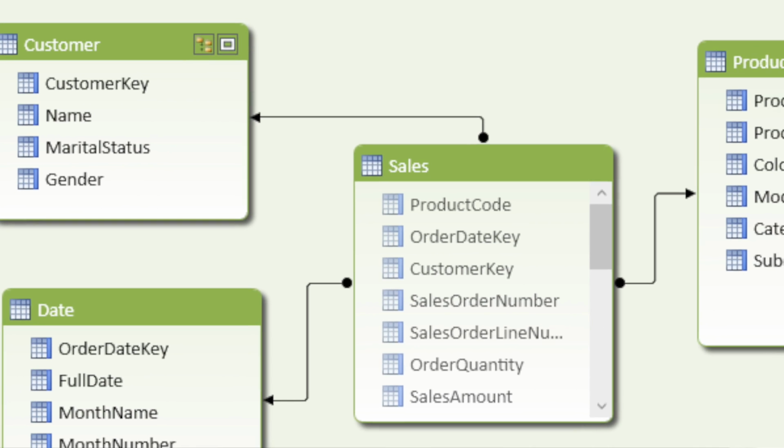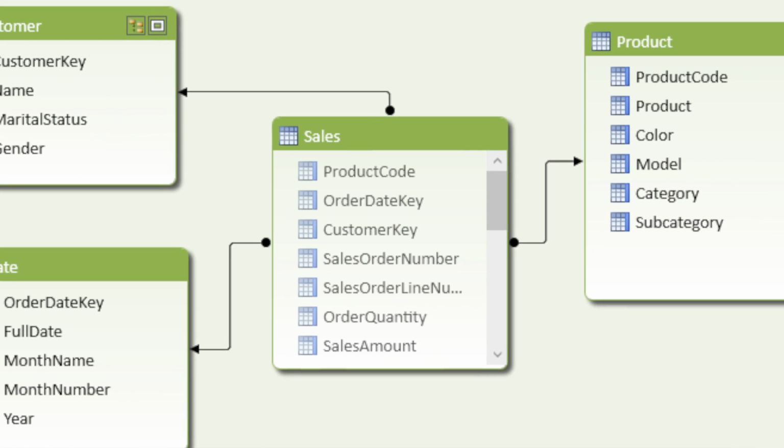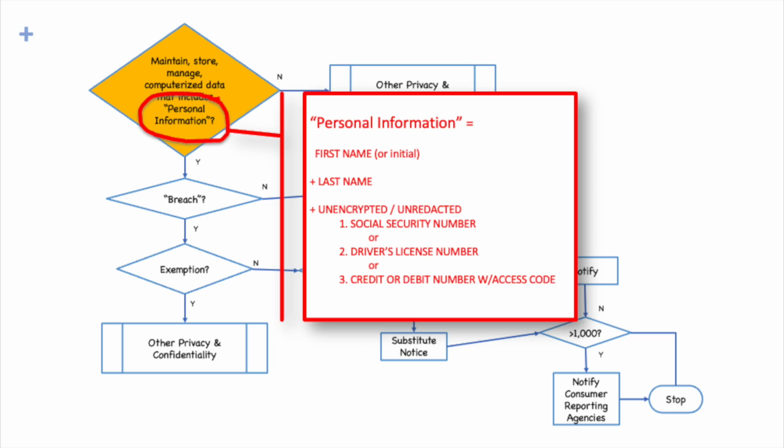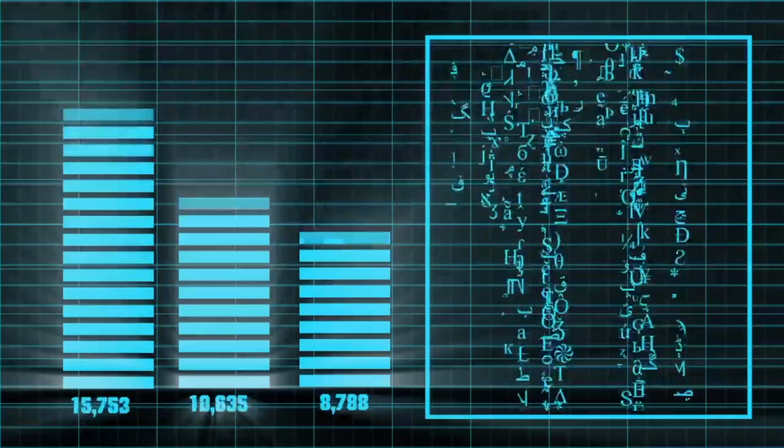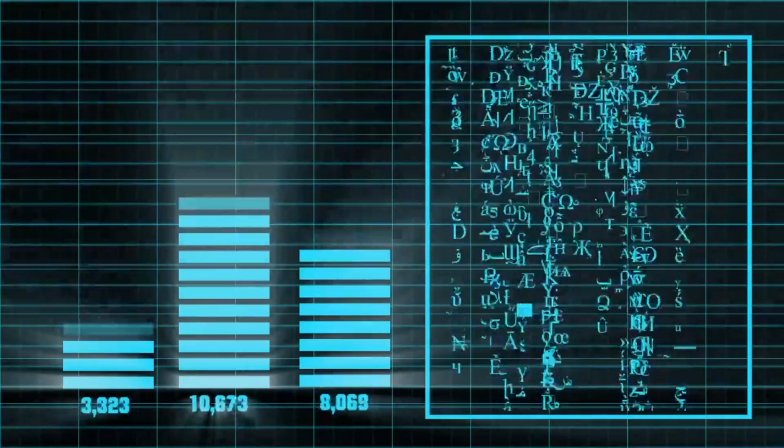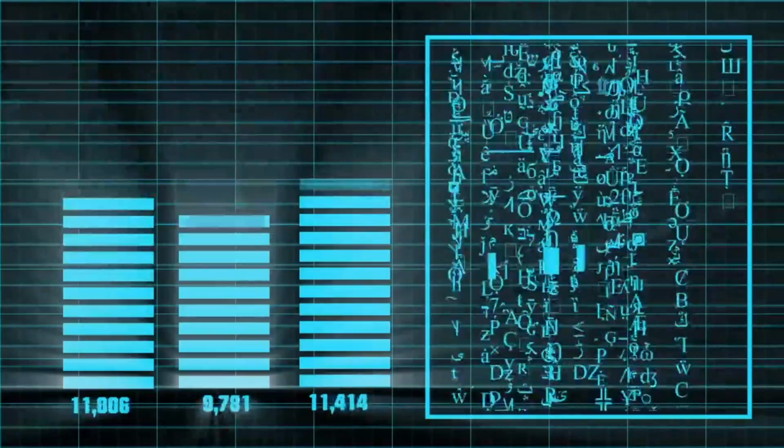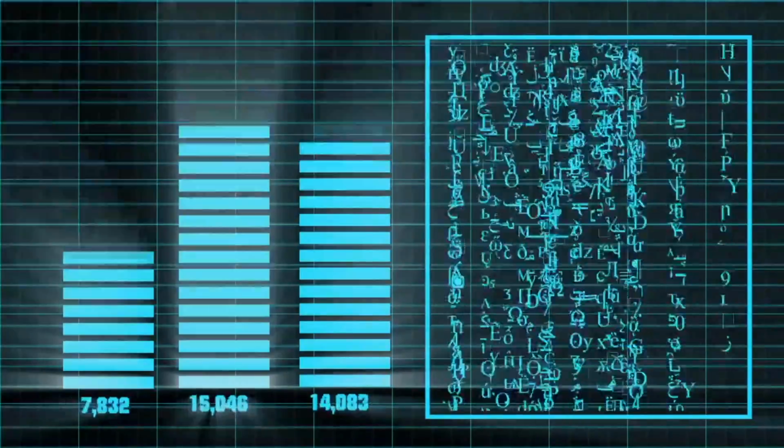An individual's name can be either in combination with or linked to one of the three protected types of information. This includes not only information resident in a single database, but information linked to the name by means of a foreign key in a database or a URL to an endpoint containing the information. Lastly, the linked-to data must be unencrypted or unredacted to be personal information. If the information is protected by a, quote, algorithmic process which, quote, creates a low probability of assigning meaning without the use of a confidential process or key, it is not personal information, and therefore there's no reporting requirement under the Act.